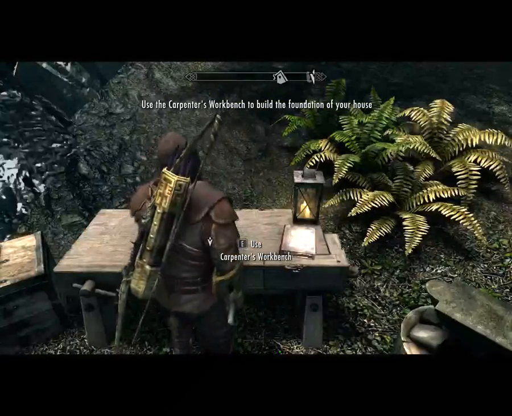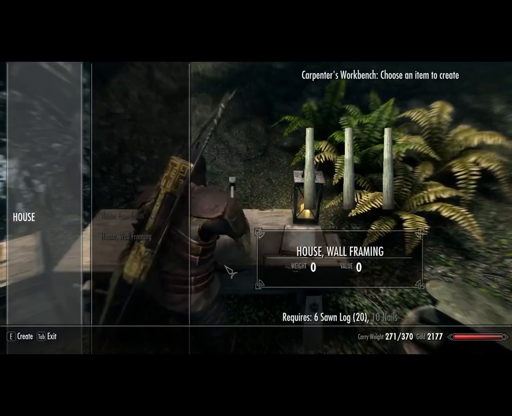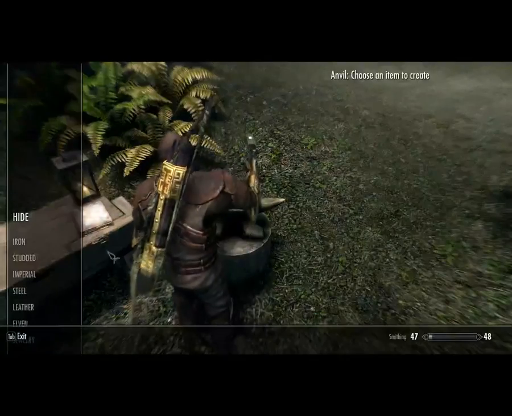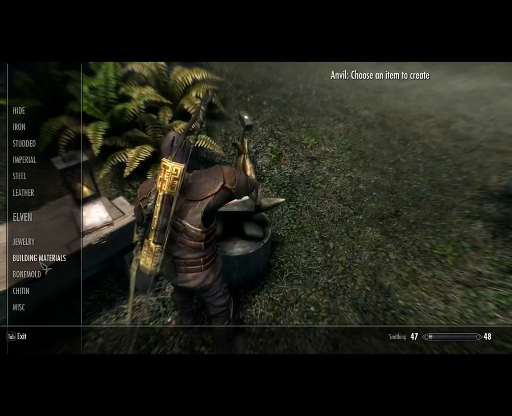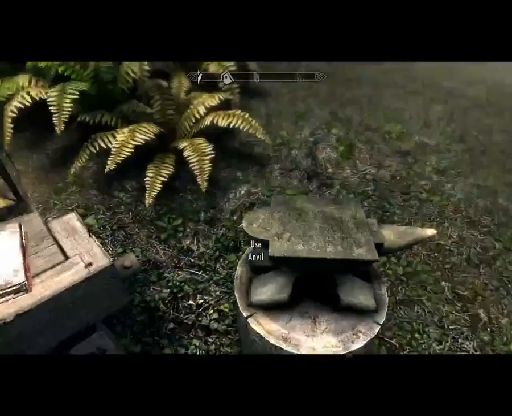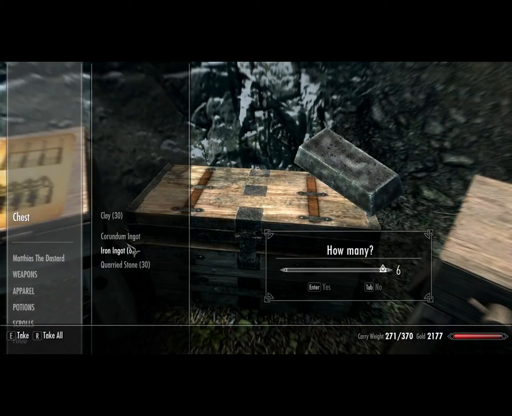And now we need to use the carpenter workbench to begin the foundation, but we need... Well, we actually have some logs already. We just need some nails, but thankfully we have this here. So, building materials, and I am out of iron, it seems. Could have sworn I had some earlier, but...